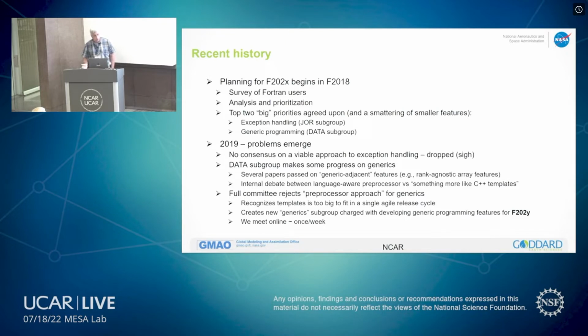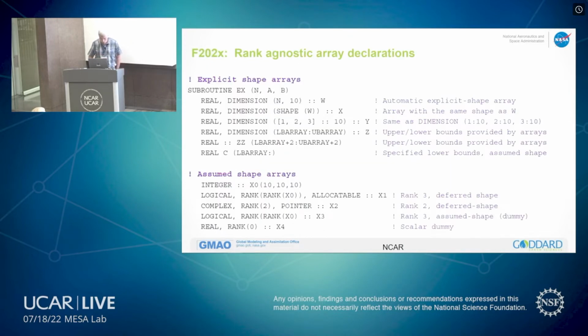Okay, so what things are going to appear in 2020X that are related to generic programming? So one big thing is the ability to do rank agnostic array declarations. So if you look at the list of examples we see here, you can,